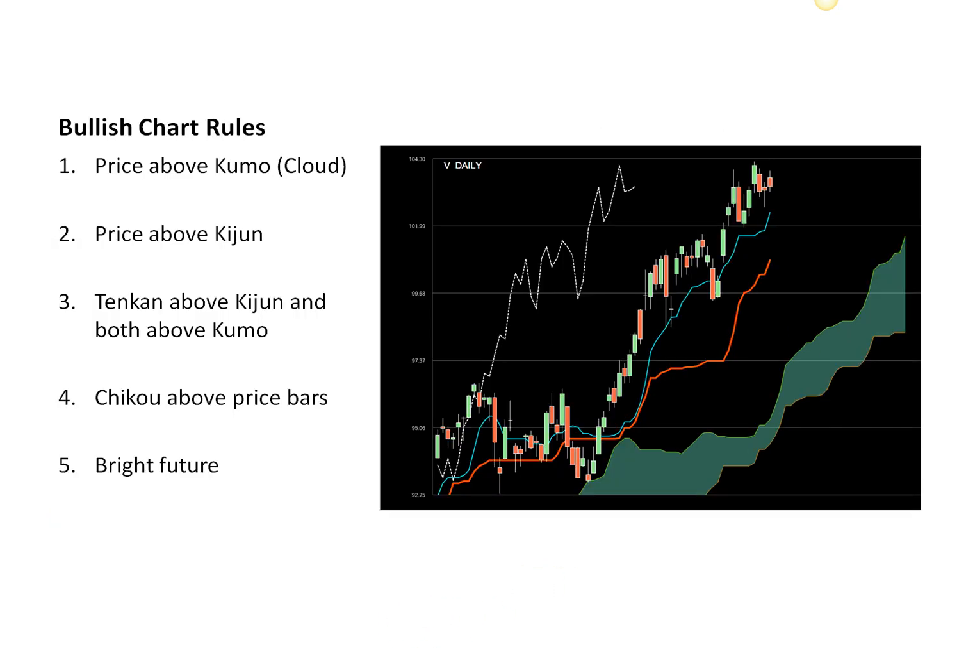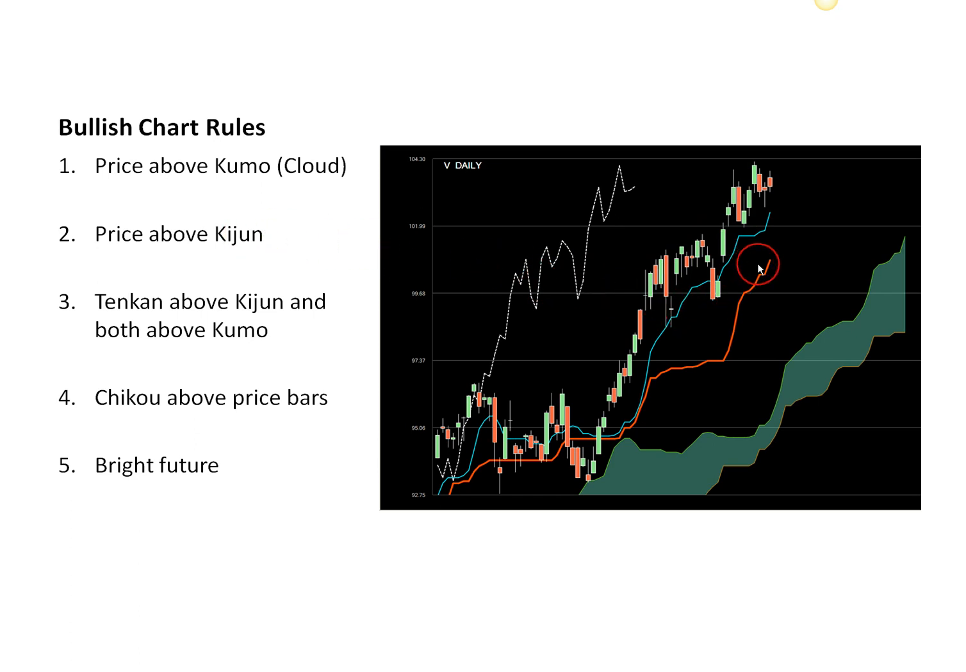So the main purpose of the video then is just to establish the 5 bullish chart rules and the 5 bearish chart rules, so you can look at an Ichimoku Cloud chart and be able to immediately assess whether it's in a bullish or a bearish condition. And the rules are: number 1, price above the Kumo,